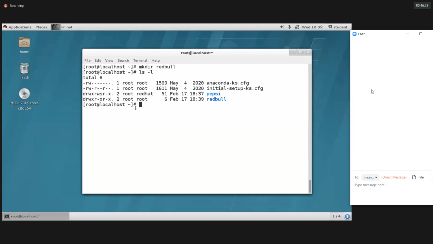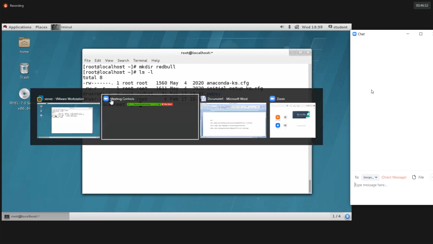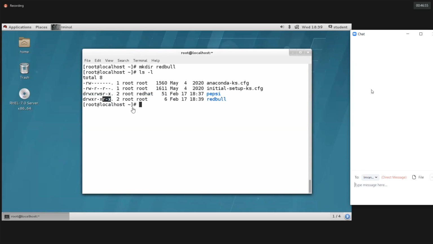Okay. So now I'm providing the full access for other users. Anybody needs to be able to create files and directories inside Red Bull now. It may be U1, it may be U2, it may be the student user. How do we provide the full permission for other users? Other users have only r-x. So I need to provide the full permission for other users. How to do that? chmod 757. Very good. chmod o+w you can also use.